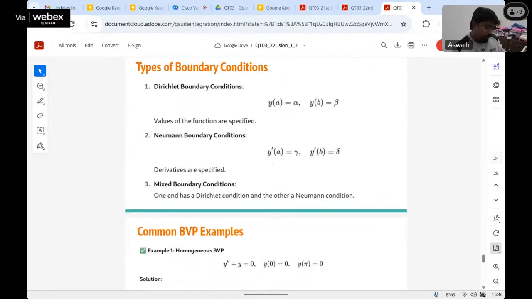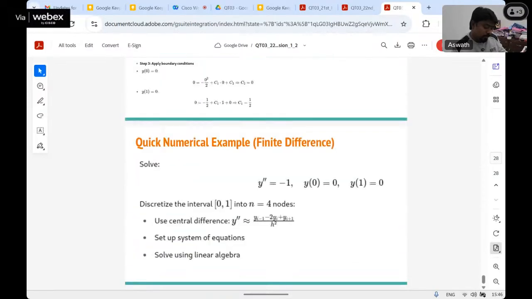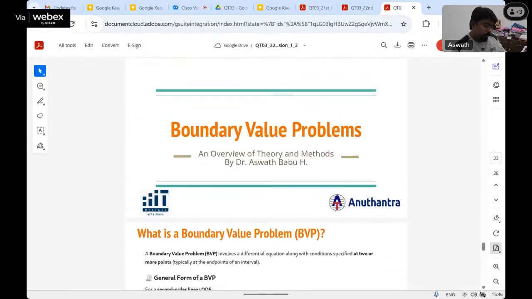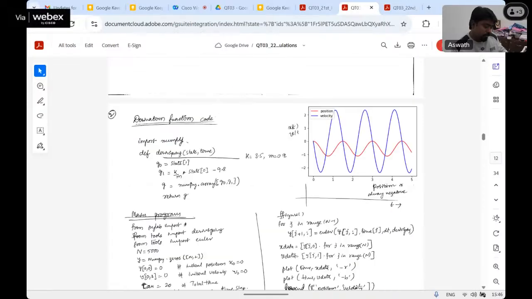Okay, so I'll come to the boundary value problem at the end. I'll show you Monte Carlo integration first, and then